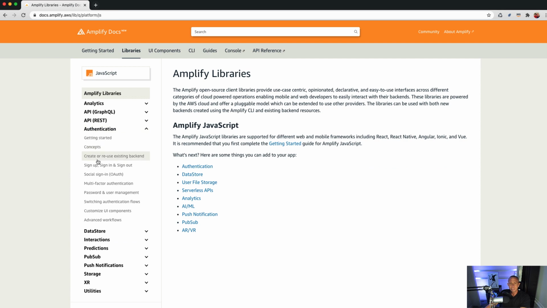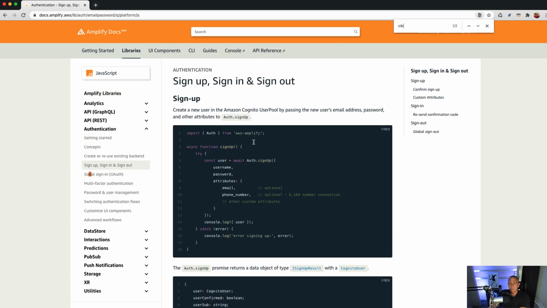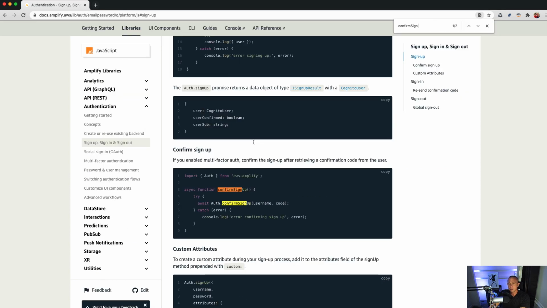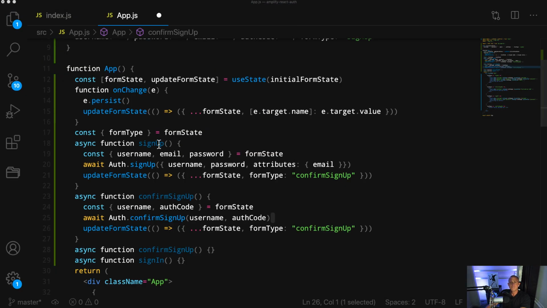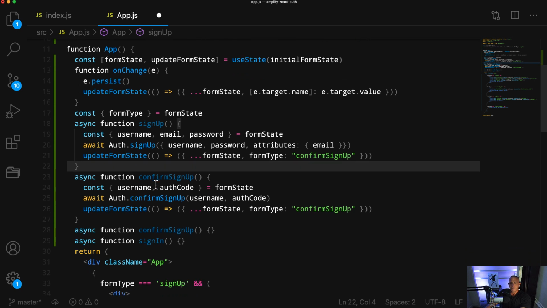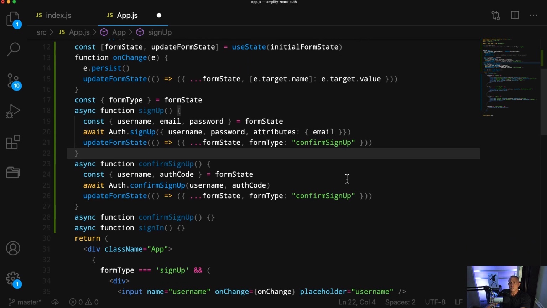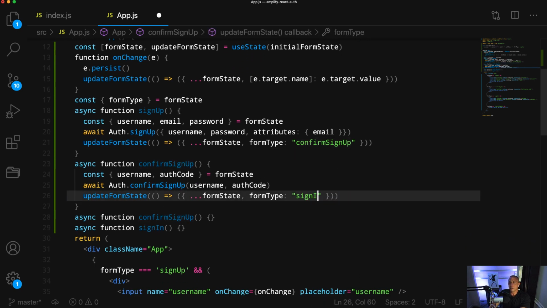So I'm going to go to Authentication. Yeah, it looks like username and then code. Okay, perfect. So we have confirmed sign up. And the next step is we want to sign them in. So we'll create one